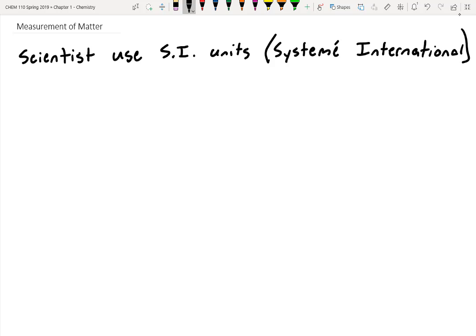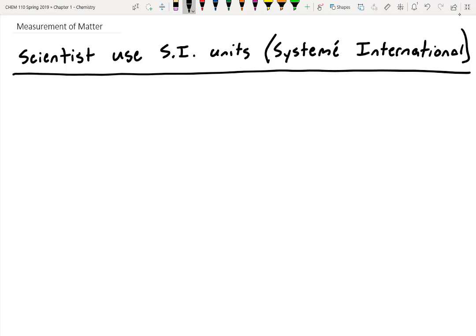So for a long time, if you wanted to determine whether or not something weighed a true kilogram, you physically had to go to France or one of these other places around the world, and they had a brick that weighed exactly 1 kilogram, and everything else on our planet was standardized to that brick. So scientists got together recently and started trying to define it a bit more clearly because not everybody had access to that brick to calibrate their equipment to. So it's a pretty interesting group. They like to be very particular about things, but they came up with a bunch of units.